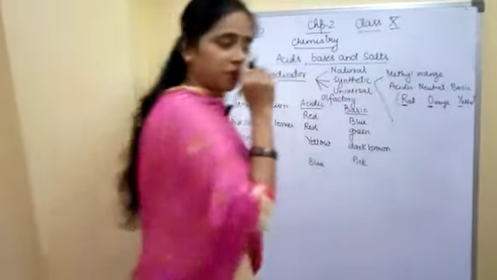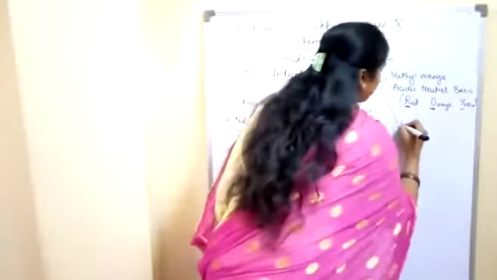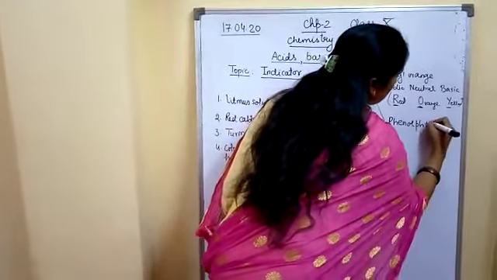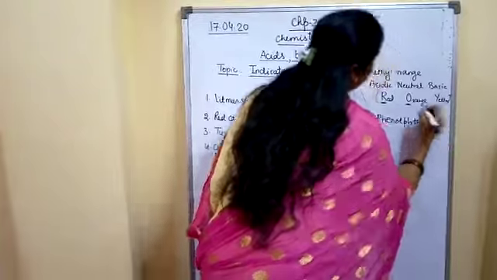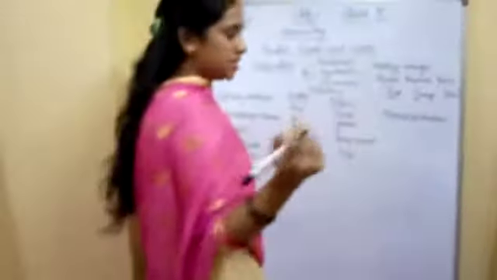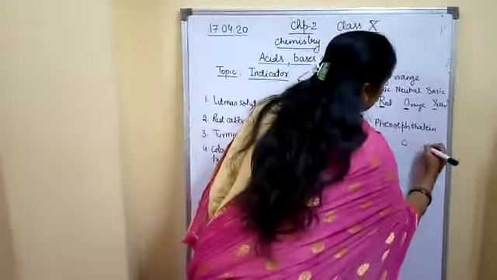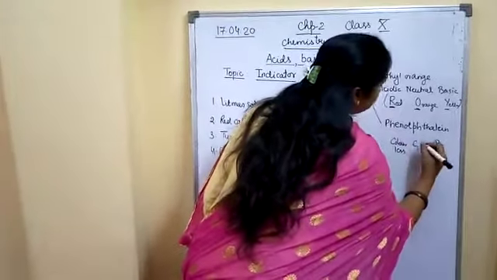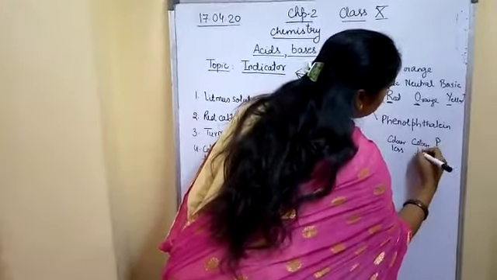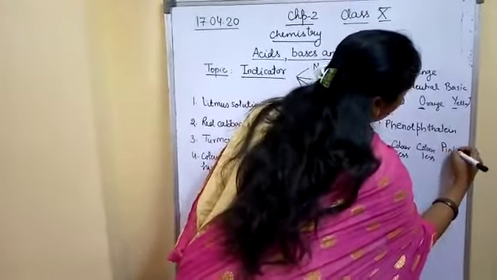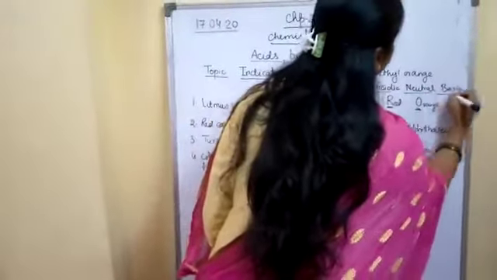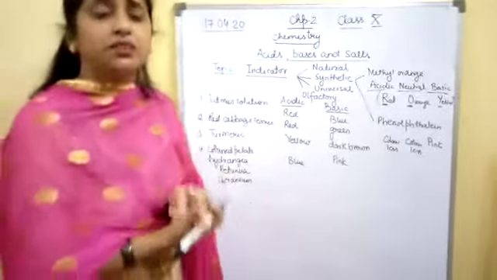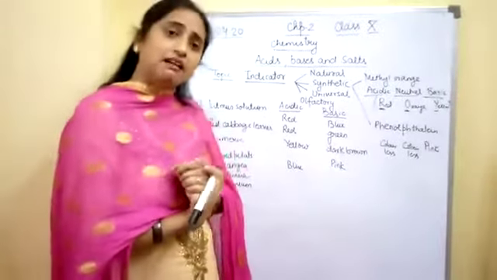Another example we can learn is phenolphthalein. L is silent, phenolphthalein. In the same way, in acidic, neutral and basic medium it will be CCP. It will be colorless in the acidic solution, colorless in the neutral solution and pink in the basic solution. Okay students, many more are there, and synthetic indicators are synthesized in the laboratory and the industries.